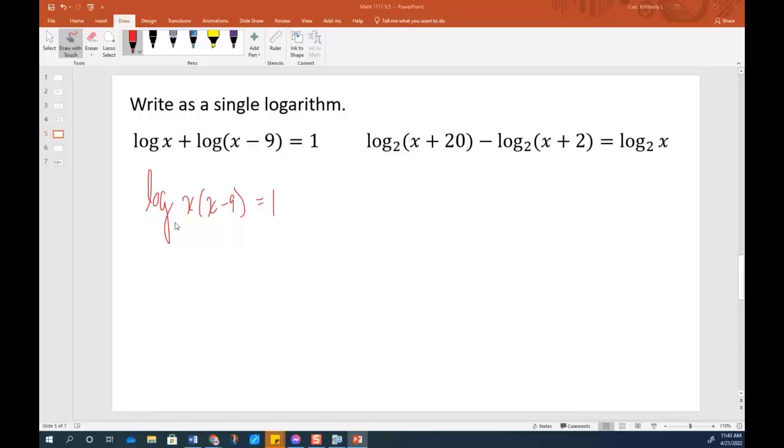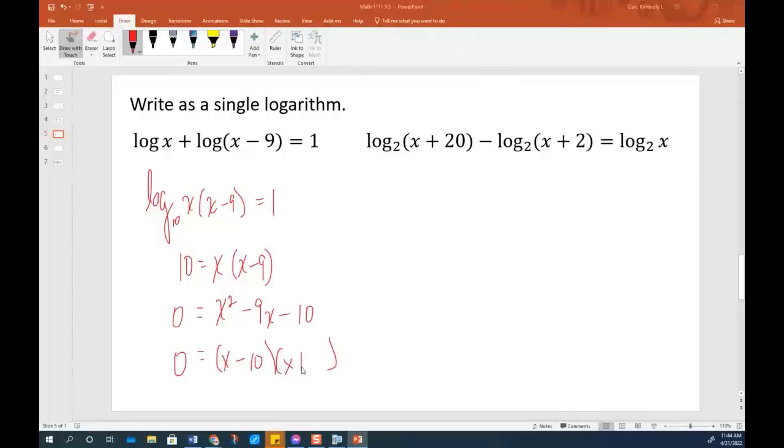Now, as I've written it, it's in base 10. So if I rewrite this in the other form, then this is 10 to the 1 equals all of that. So 10 to the 1 is 10. So that equals x times x minus 9, which of course is x squared minus 9x. Now if I write that this equals 0, that means I've got to subtract 10 to the other side. This one does factor. So I get x minus 10 and x plus 1, which means I have solutions of